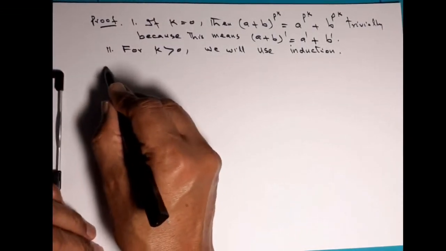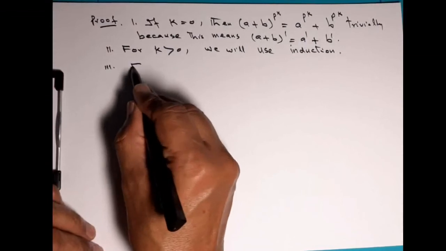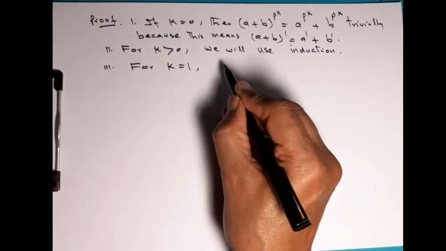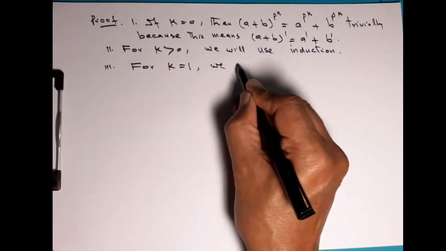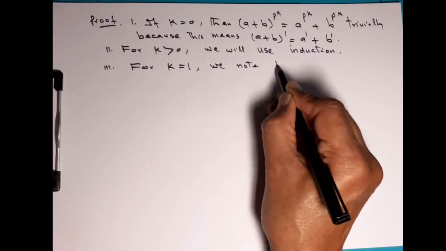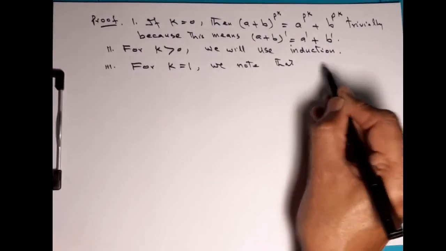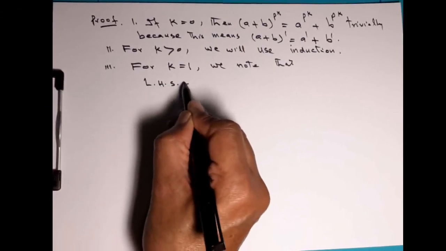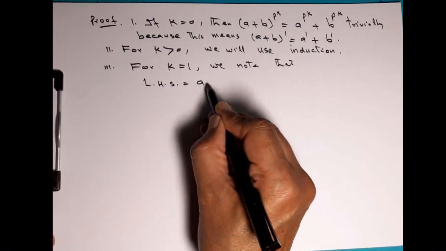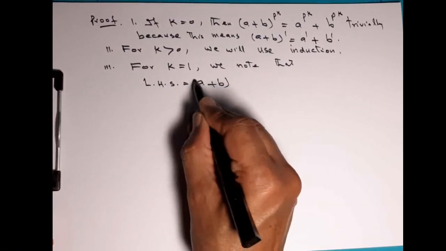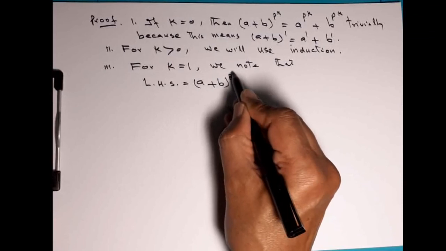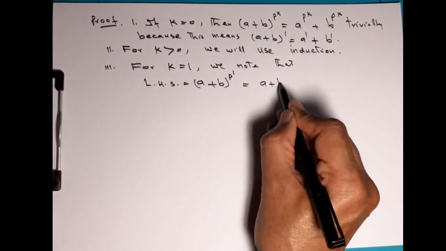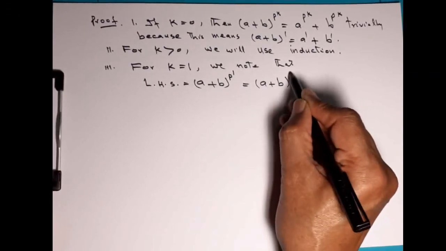For k equal to 1, we have to prove that. For k equal to 1, we note that the left hand side is equal to a plus b raised to power P, and k is equal to 1. This is equal to a plus b raised to power P, and we know